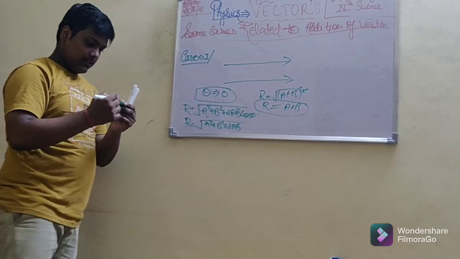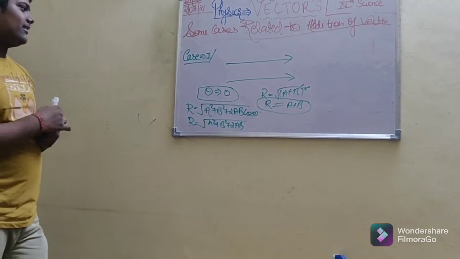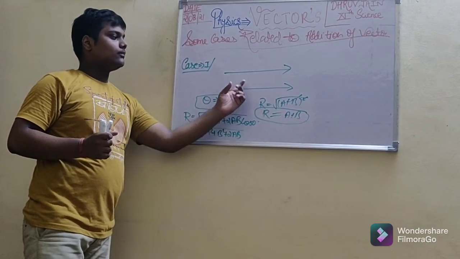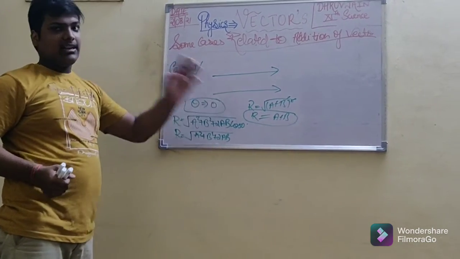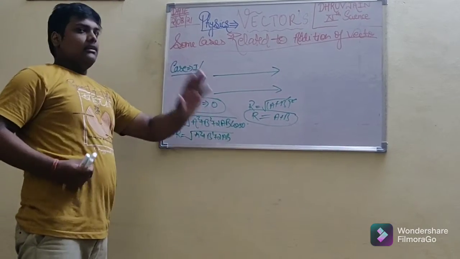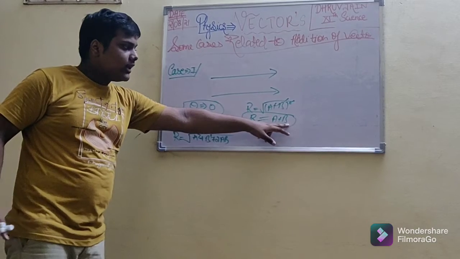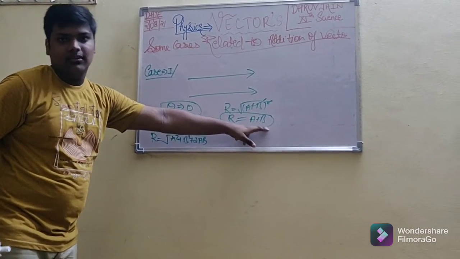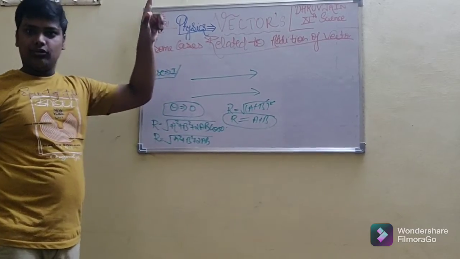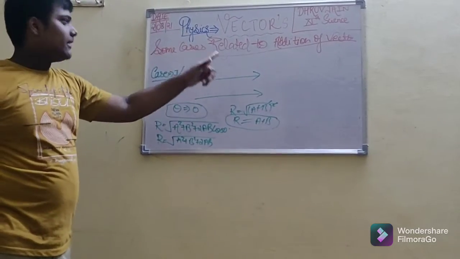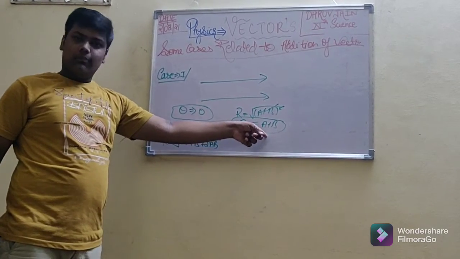So in this case, not in every case, but in this case only, we can directly use this in a question: when two vectors are parallel, their resultant, their addition vector, will be equal to their normal addition. In the starting I told you that the two are different, but in this case we can use it. It is equal to normal addition.